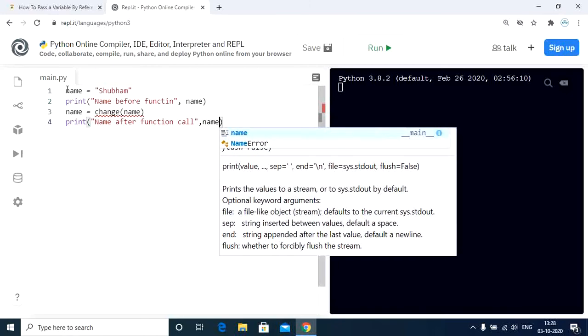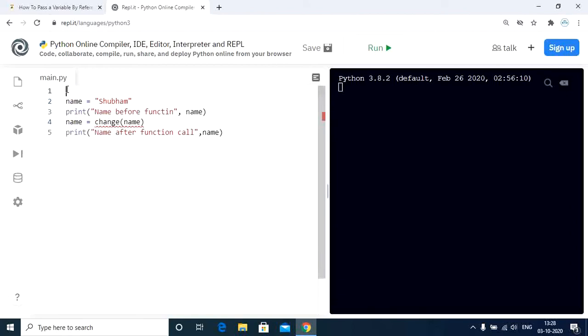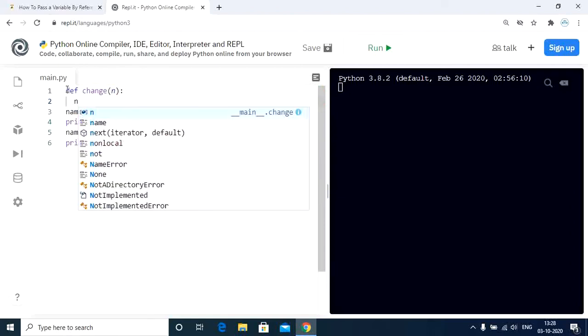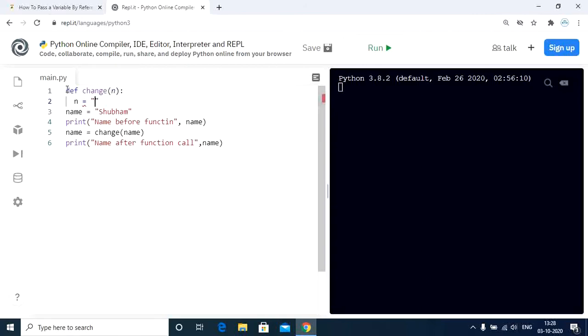Now let's define the function change. Now n equals Shayon. So what we are doing here is changing the value of name from Shubham to Shayon.